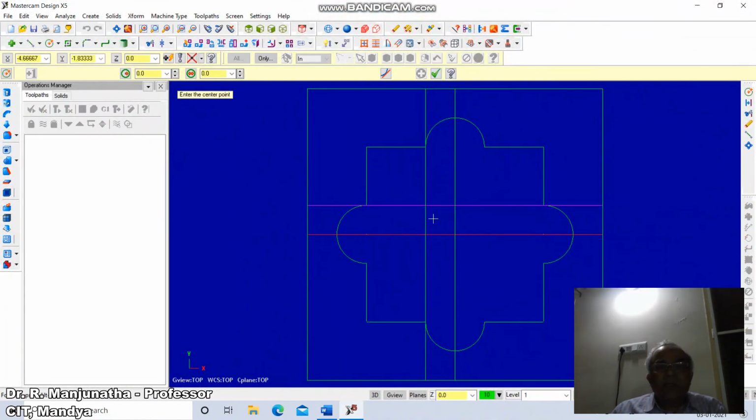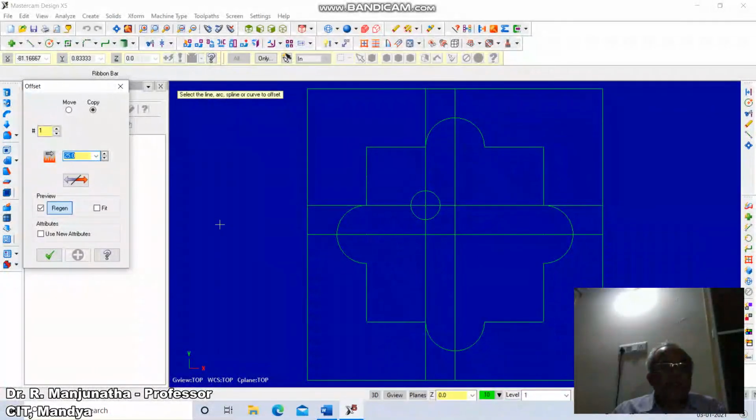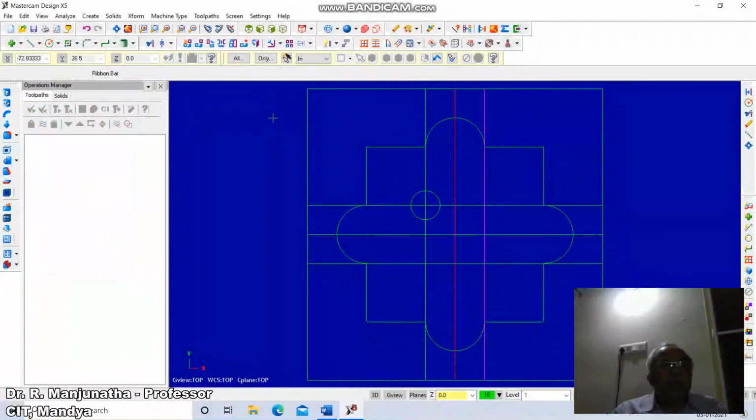Go to circle, take this intersection point and take the diameter as 10. Then similarly go to Xform, offset, take 10 mm on this side also, now on this side and also on this side, and go to circle and draw a circle of diameter 10 on this side.